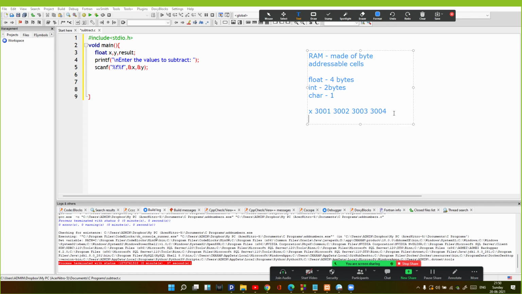Similarly for Y, say Y is stored at address 4001, but the data it stores will take up 4 cells because Y is again a float type. So this is the memory structure, how the data will be stored in the memory and what the address of the variables will be.